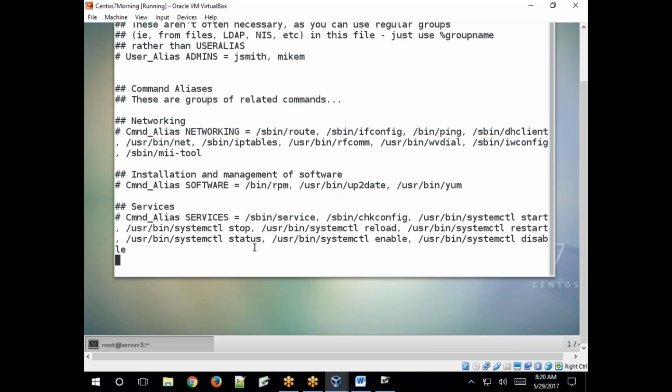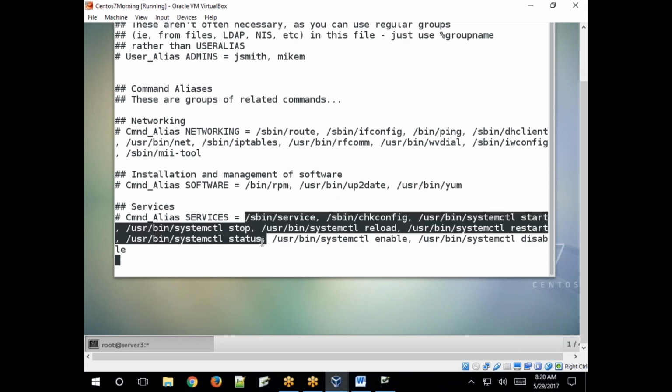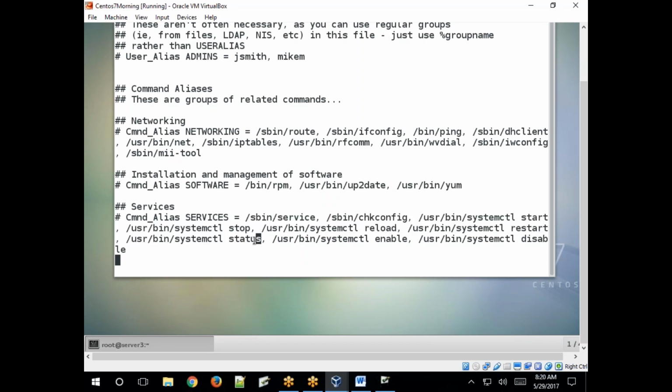If that service is off at boot time, then you need to start it manually after logging into the system. So these are all service-based commands: status, check the status, enable, disable service, restart, start. These are all service-related commands.